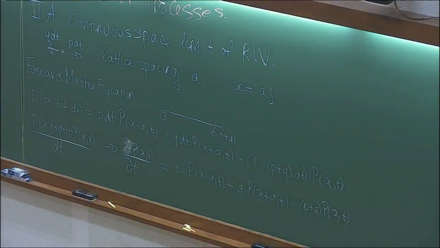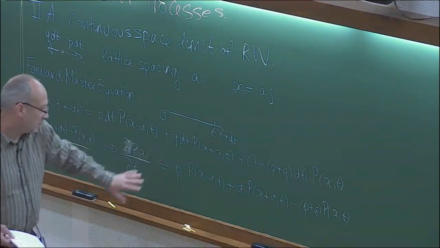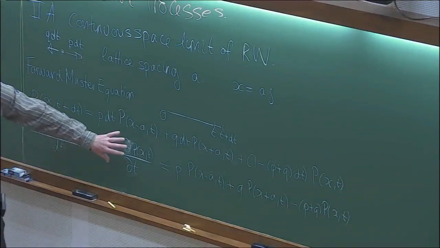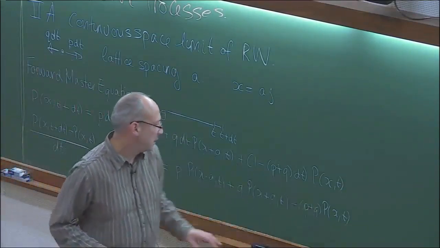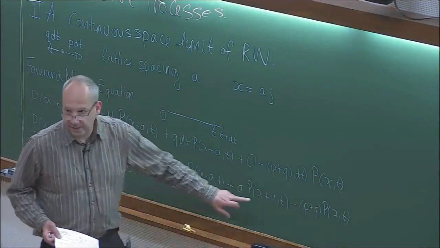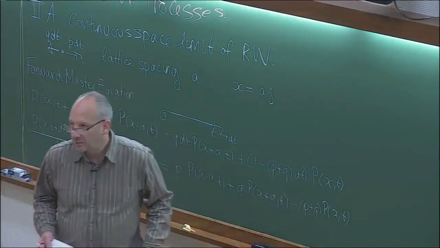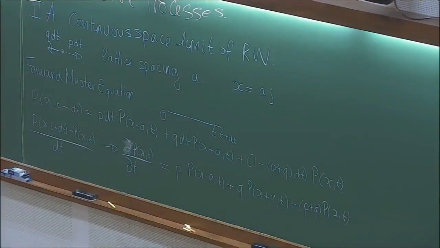It's actually quite intuitive. The reason I've taken a bit more time to derive it is that in a little while we'll meet something called the backwards equation, where I do something slightly different. So that's an investment for the future. Anyway, now we've got our forward master equation, and we have our a in there, the lattice spacing. And I want to take a goes to 0, so I just expand in a Taylor series.